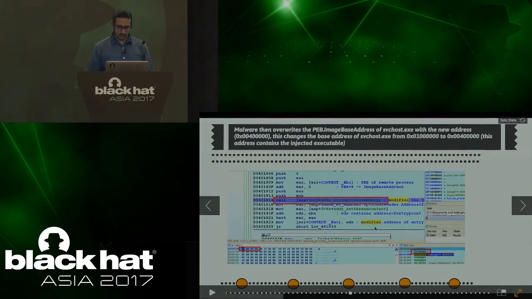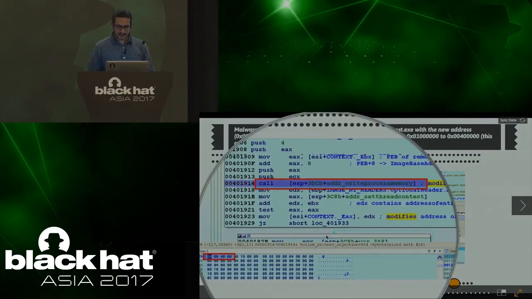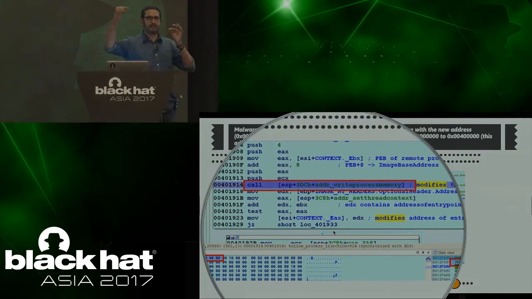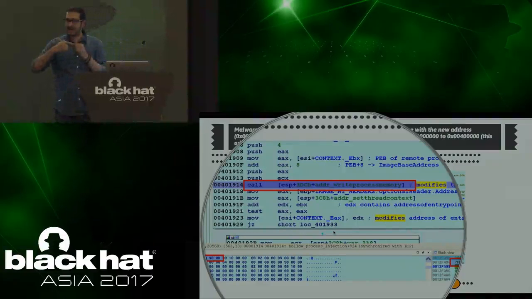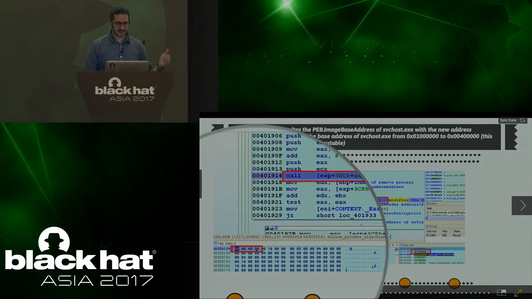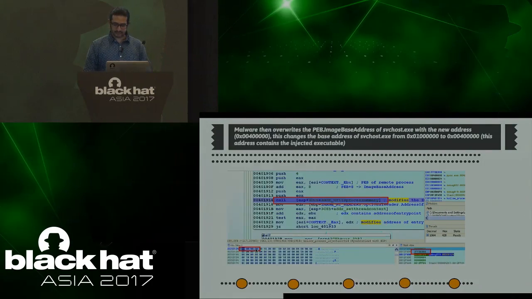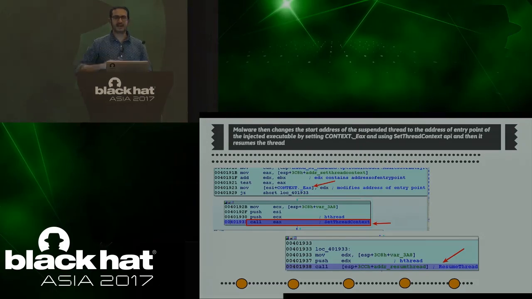Then it modified the PEB structure. I told you PEB contains the information about where the executable is loaded. It modified the base address of the PEB to point to this address, the injected executable. And then it resumes the thread.